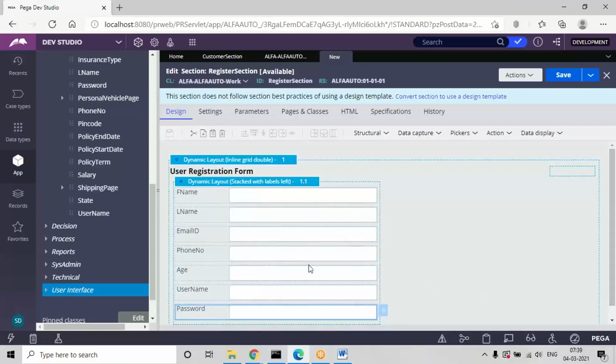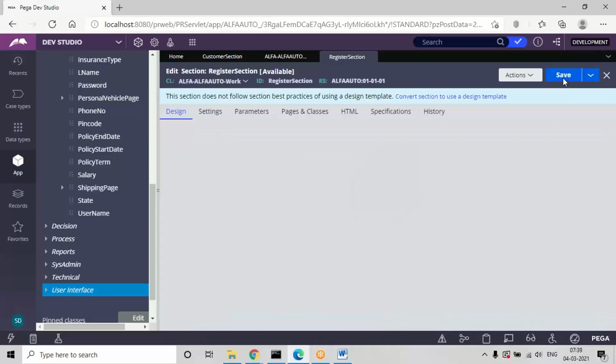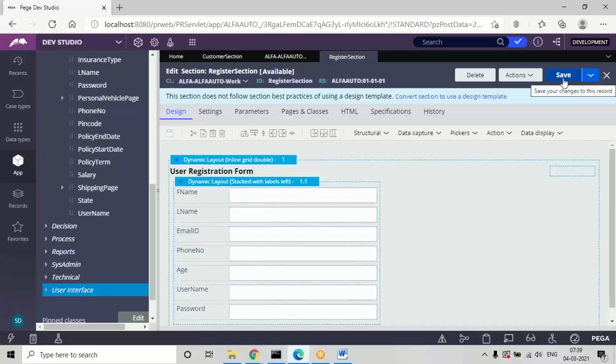Actually, for password we can change the type at the design level. Open password settings, double click on the password field.